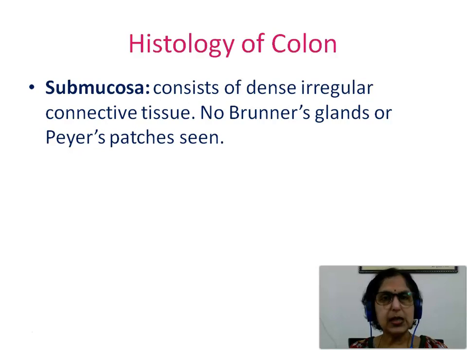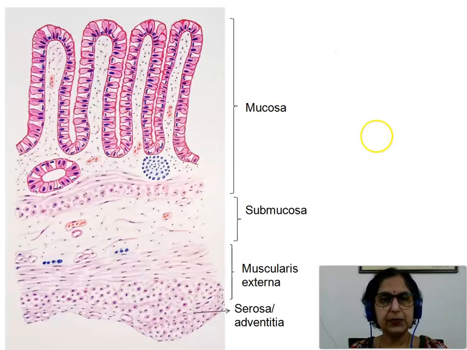Submucosa consists of dense, irregular connective tissue. No Brunner's glands or Peyer's patches are seen here. So this again, the same diagram, showing us the lamina propria, which contains discrete lymphoid aggregation. Lower part shows the crypts of Lieberkühn or the intestinal glands, and this here is a section passing through such